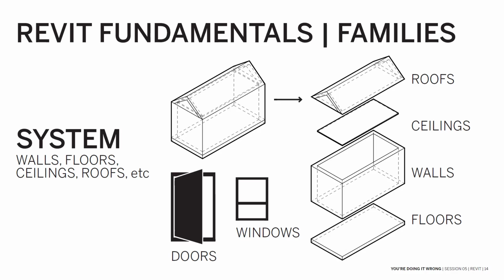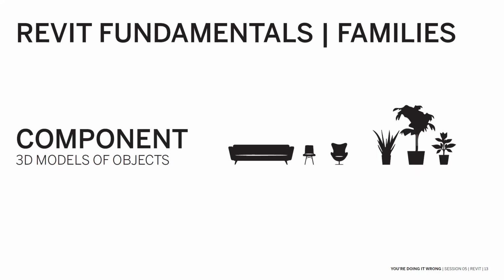Now, there are system families, which are baked into Revit and cannot be imported or exported. Those system families include walls, roofs, ceilings, floors, some doors and windows, although there are door and window families that can be downloaded. But these elements are hardwired into Revit and can only be modified inside Revit using Revit's commands. Component families can be modified, and I'll show you how to do that in a second, but it's a lot more freeing because you've downloaded it and imported it. So that's an important difference. And there are a lot of important dualities in Revit that we'll be talking about as well.